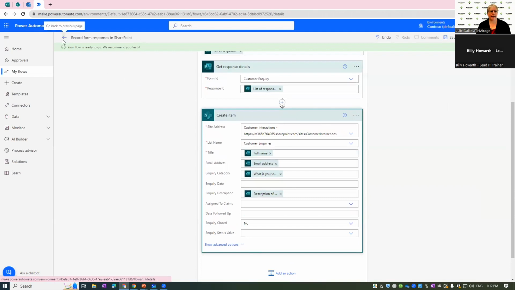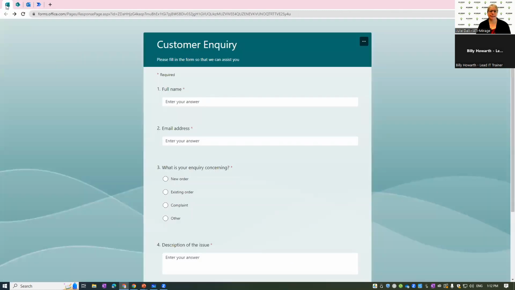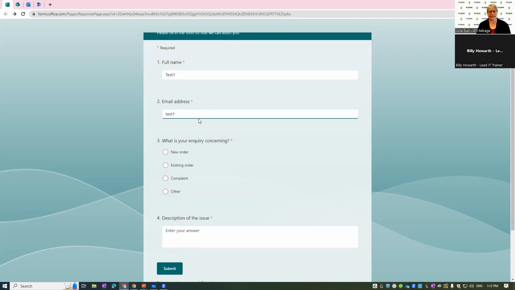And I'll go back out of it to this screen here. To test it, we need to add in a customer inquiry. Now, I'm just going to call it test 1 so we can keep track of what we're doing. And I will just pop in test 1 into here. There isn't validation in forms against email addresses, so unfortunately you can put things that aren't email addresses in here. Let's decide that we're going to have a look at a new order, and we're going to say, please contact me. When we press the submit button